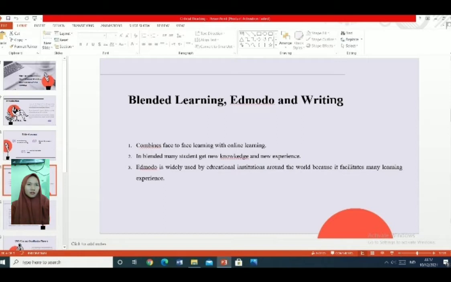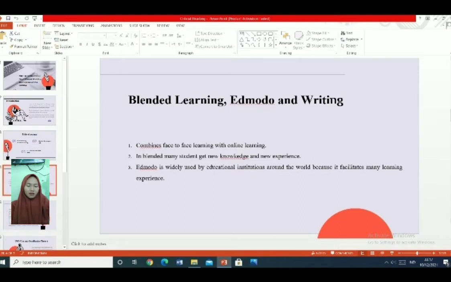Blended learning, Edmodo and writing have 3 points. The first, it combines face-to-face learning with online learning. That means with this mix, learning can make students not bored in writing. And the second, in blended learning, many students get new knowledge and new experience. This means that if they learn through blended learning, then a lot of knowledge and experience will be